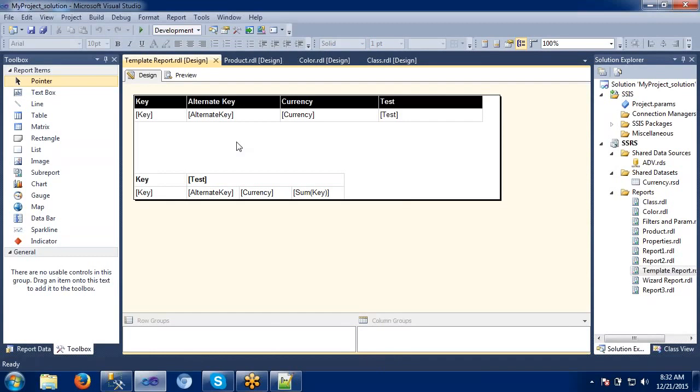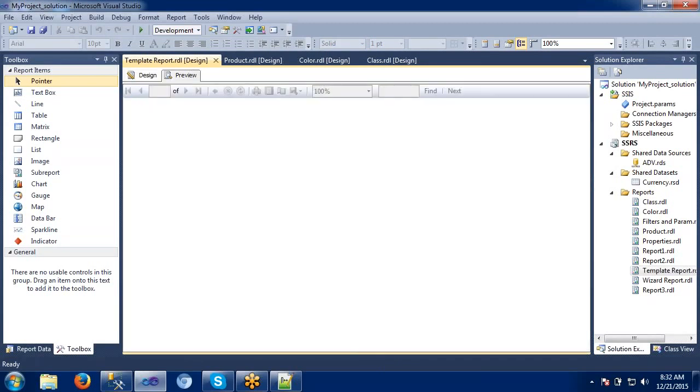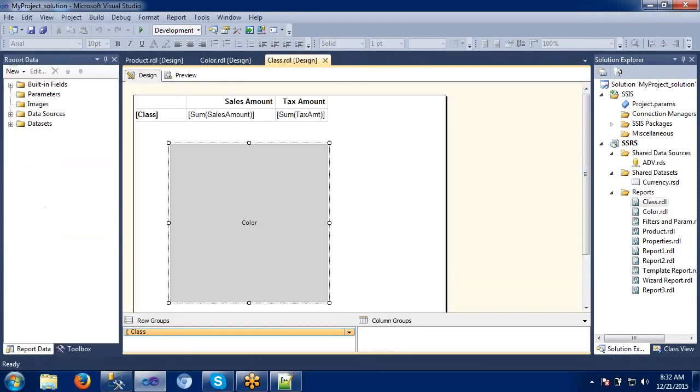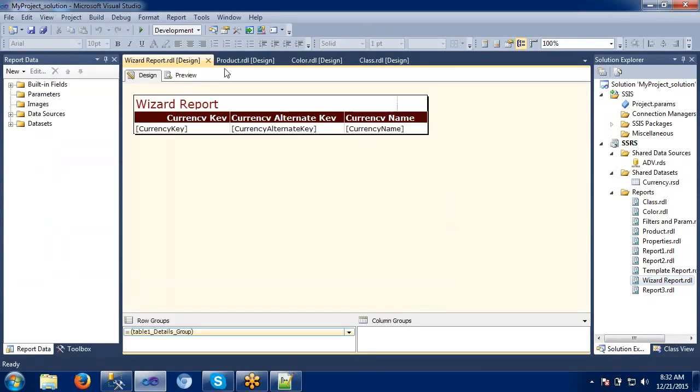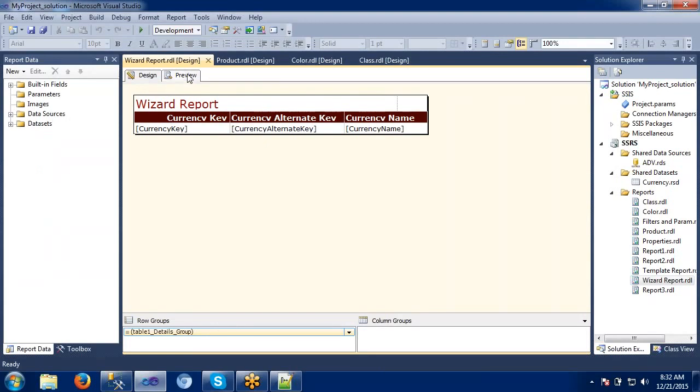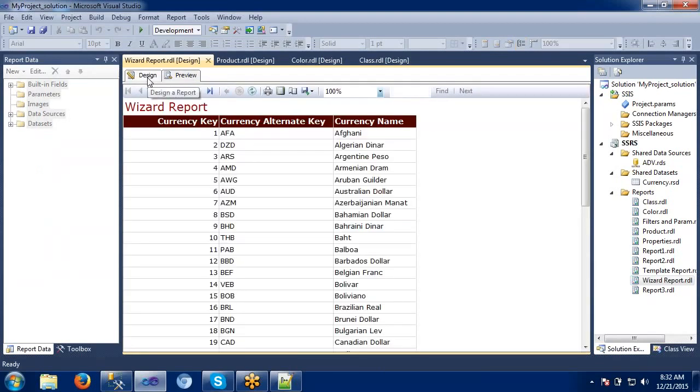Template, drill down option is given here. No, right? Not template. Wizard, I guess. In the wizard we have given some option. Let me preview it here. Did we give it anything here? Okay, no problem. I just want to show you where we have used this drill down report so that I can show you here.